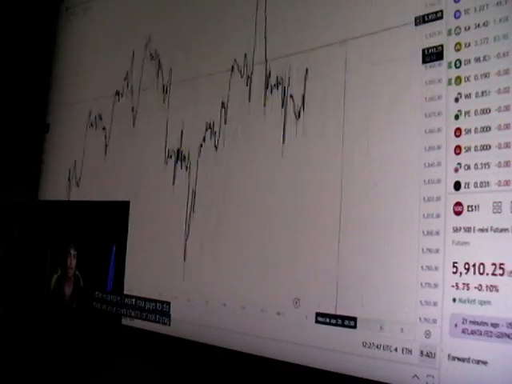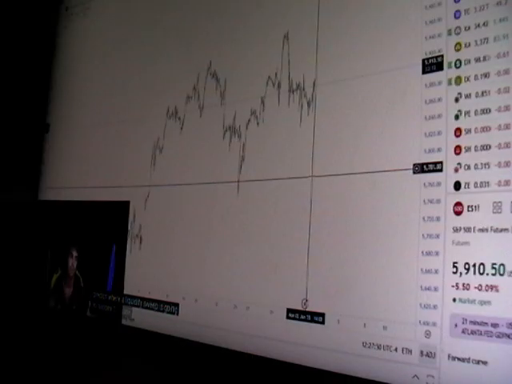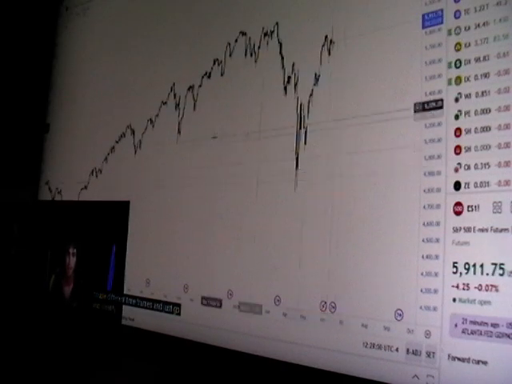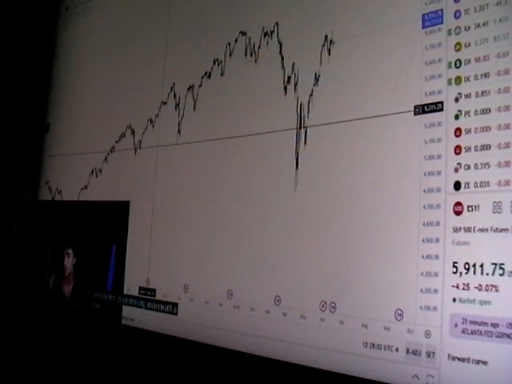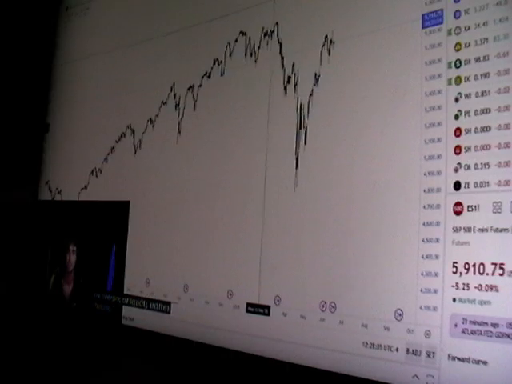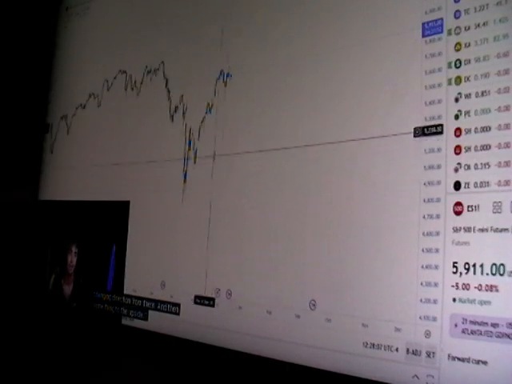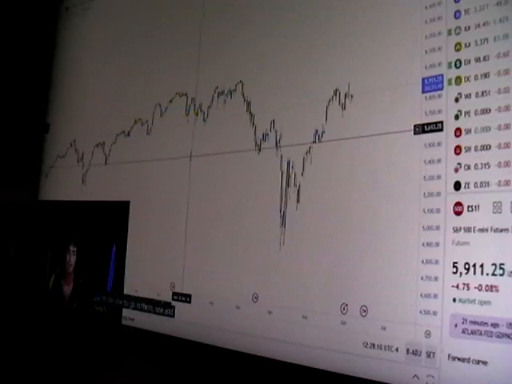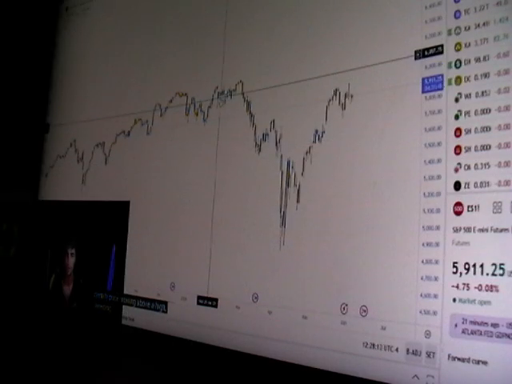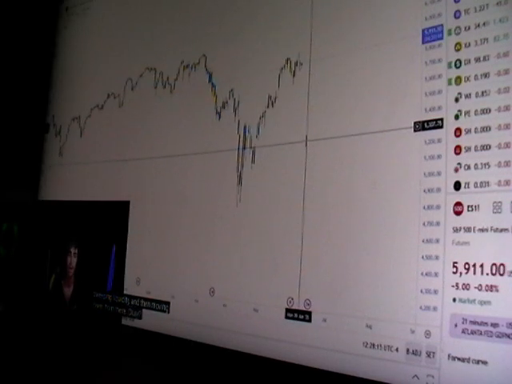Okay, so now that we've done that little example, I want you guys to do that on your own charts. Not trying to predict where a liquidity sweep is going to happen, because we're going to get into how to do that later in this video. But I just want you guys to go on a couple different time frames and identify price moving underneath a low, sweeping out liquidity, and then changing direction from there. And then same thing to the upside. I want you to be able to see and identify price moving above a high, sweeping liquidity, and then moving lower from there. Okay, so once you guys have done that, then come back to this video.